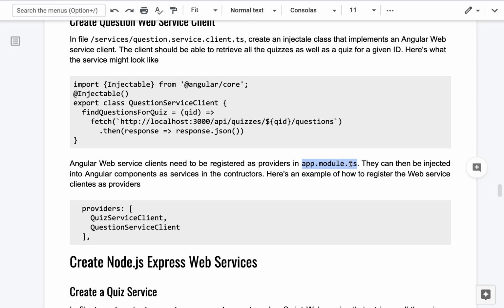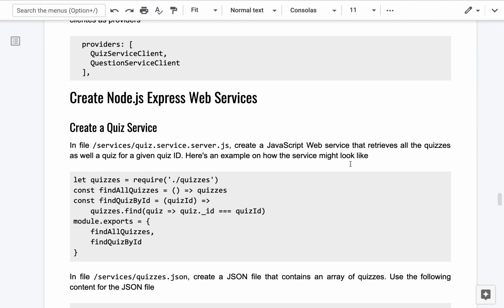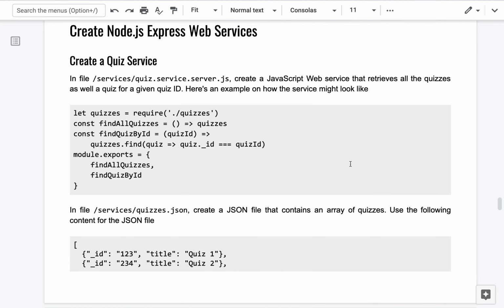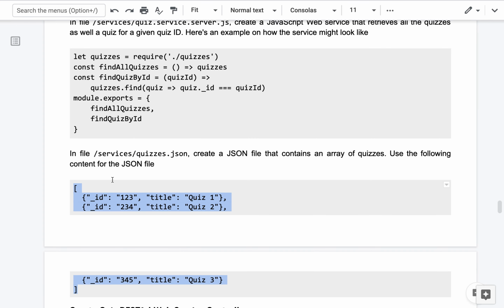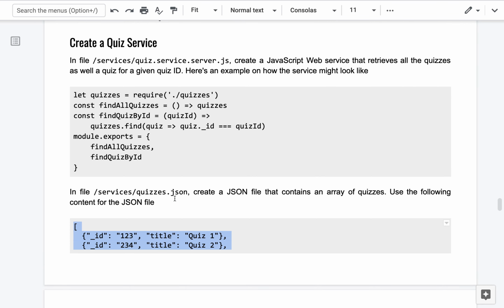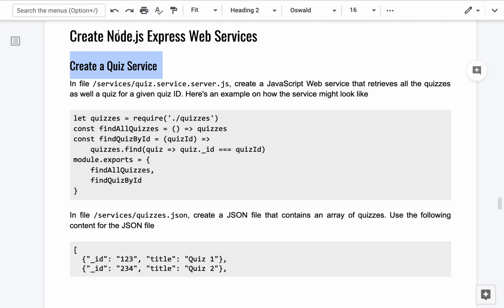All right, so that is all the front end, the front end talking to the middle tier. Now the middle tier, we're going to be using Node.js to implement the middle tier. We're going to have hard-coded arrays of quizzes and questions in separate JSON files. So for instance, in quizzes.json, we're going to have an array of quizzes, with their own IDs and titles and whatnot. We're going to implement a service, the quiz service, which is going to